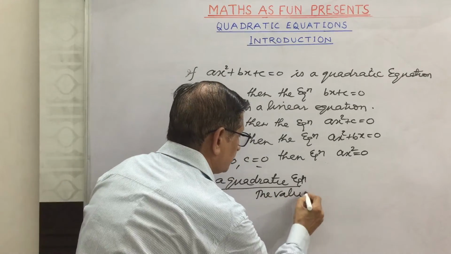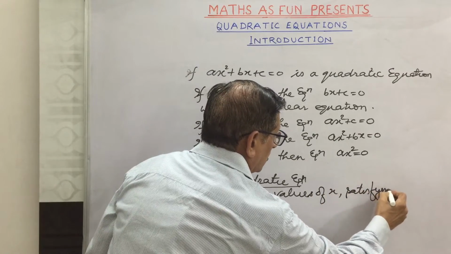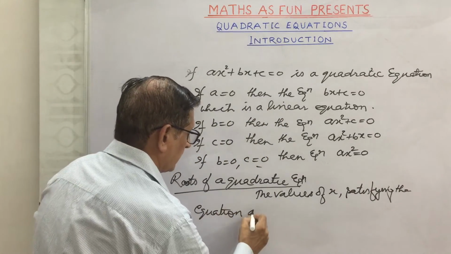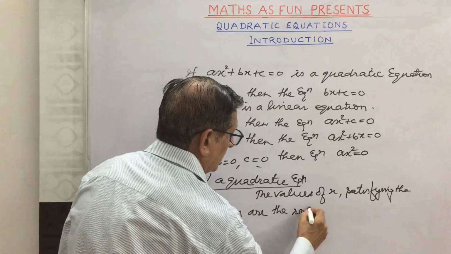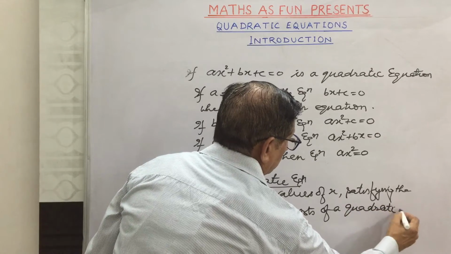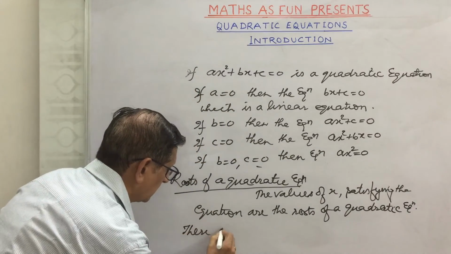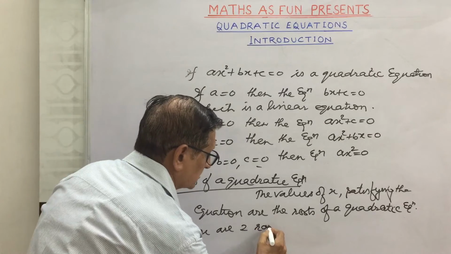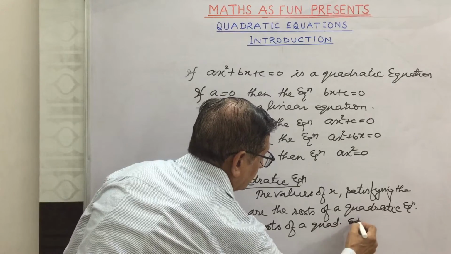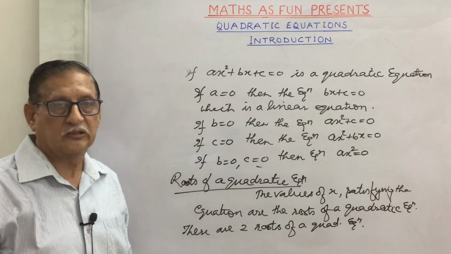The values of x satisfying the equation are the roots of a quadratic equation. And there are two roots of a quadratic equation. The roots may be equal, may not be equal, but there will be two roots